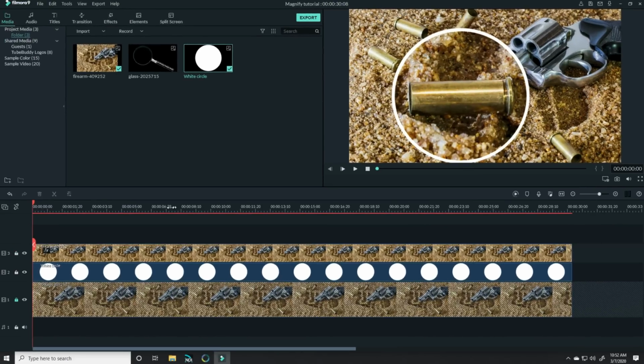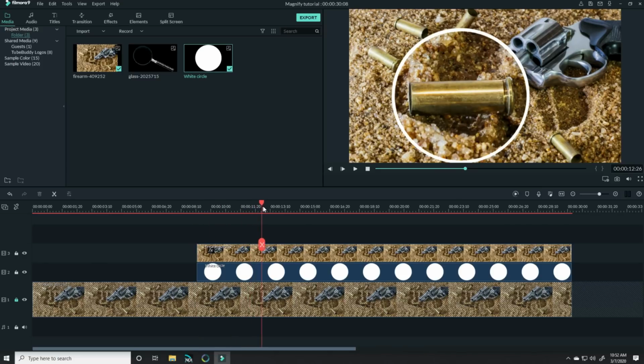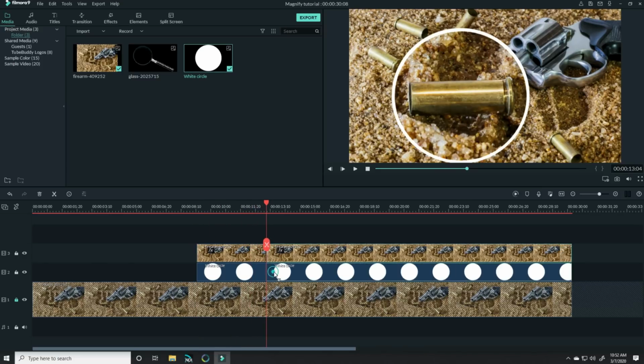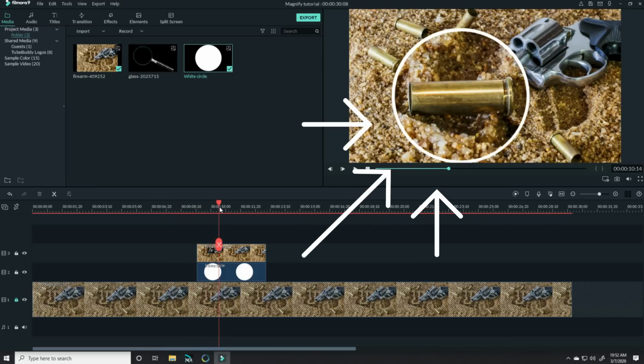bullet casing. Now I can find in the timeline where I want that magnification to happen, and I'm just going to slice through the top track and the white dot track, and I can lose the stuff before it. Then I can figure out how long I want it to run for, do the same thing, and lose the other end tails. So now I'll have a section when it gets to here where this will appear as a magnified section. But I want to get it to feel like it's really jumping up.